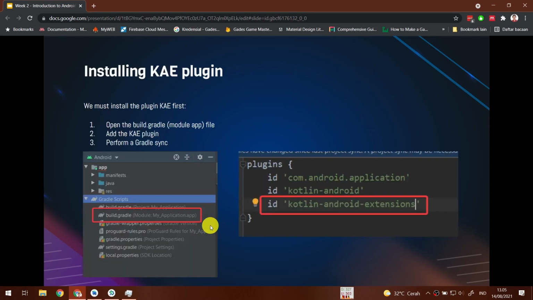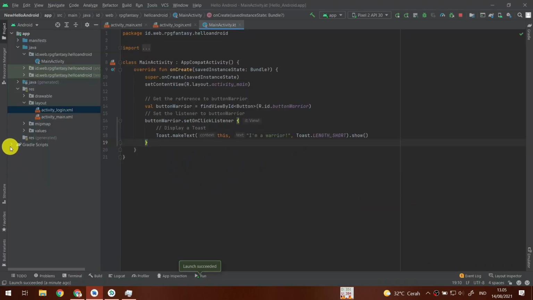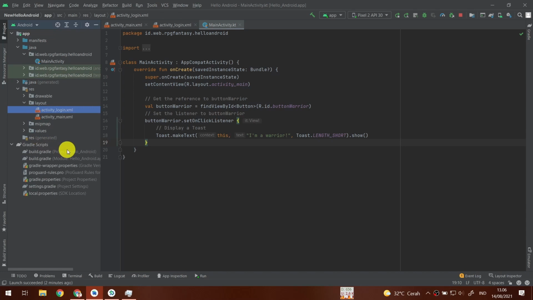Extensions. The KAE plugin is not installed by default, and actually Android Studio removes it, but we will use it nevertheless. We must install it like this. First, expand the Gradle Scripts folder. It is not actually a folder, but we will just call them folders. Expand the Gradle Scripts, then find the build.gradle, the module one. It is the second file because we have two build.gradle files. Open this one,